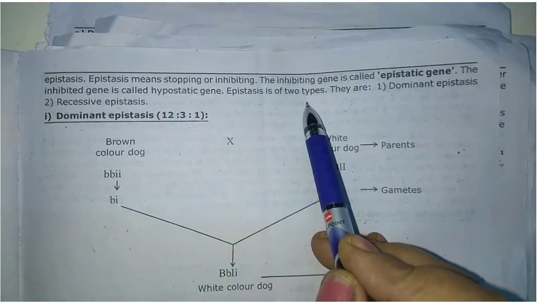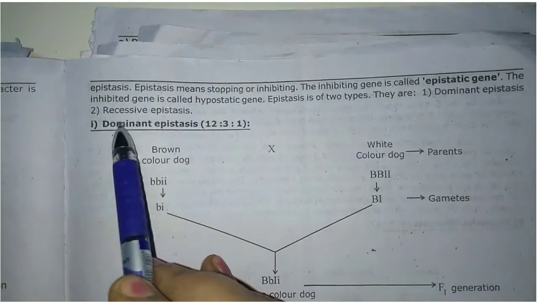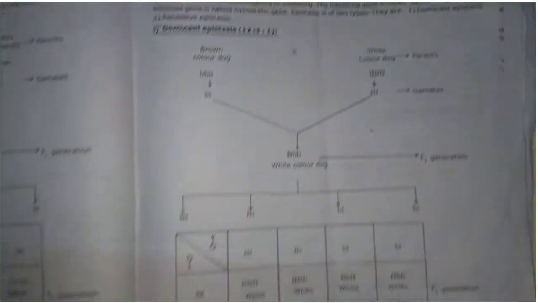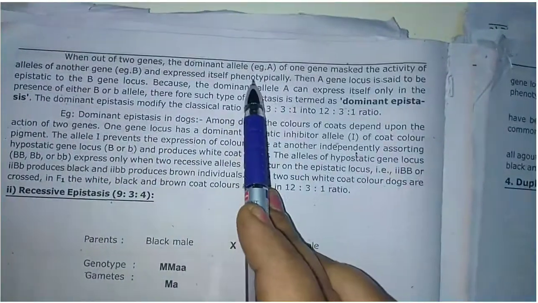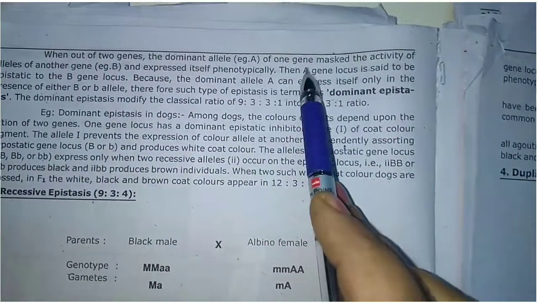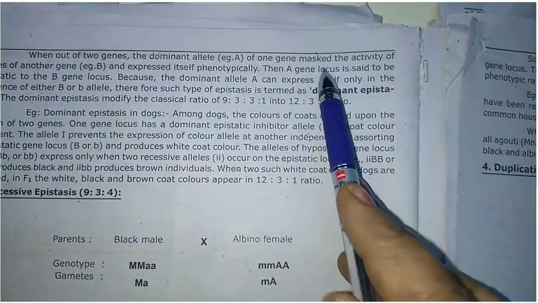Epistasis is of two types. They are dominant epistasis and recessive epistasis. Okay, first of all, let us know dominant epistasis. Here, in dominant epistasis, when out of two genes, the dominant allele, for example A, of one gene masks the activity